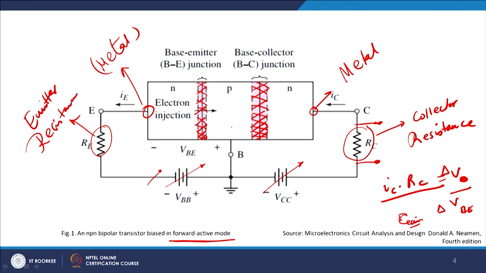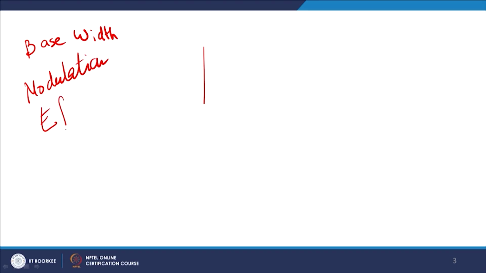Now at this stage, what we have not done, or what we have understood therefore, is two important points I should take care of here before we move forward. One is what is known as the base width modulation effect. I will explain to you what is known as base width modulation effect, again a second order effect in a